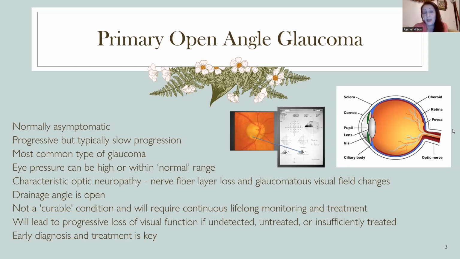However, we do have some patients that will come to us with a quote unquote normal pressure, where the pressure is within that normal range, but we're still seeing change to the nerve. For those patients, we're still aiming to get the pressure lower so that their eye can cope with a lower level of pressure that isn't going to damage the nerve. So with primary open angle glaucoma, it's important to note you can have high pressure, but you can also have low or normal pressure and still have this condition, and still we work on treating the pressure, because we know that is the thing we need to change to protect the eye.